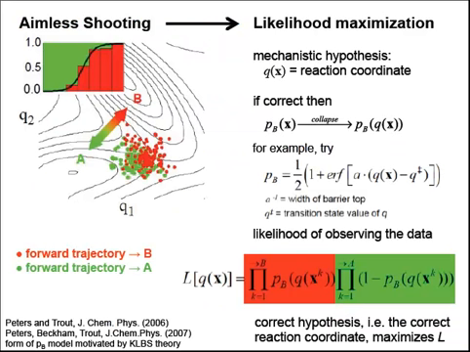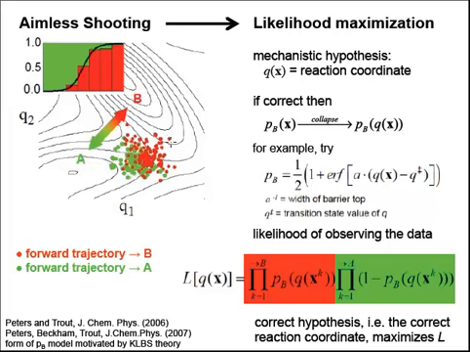So the machinery for doing this is this aimless shooting data combined with likelihood maximization. Now, what I didn't really show is how aimless shooting works, but there's one key property that's really quite important. That is that it generates the shooting points in the vicinity of the natural bottleneck for the process of interest. Okay, so what I'm showing here are not the trajectories. In previous versions of transition path sampling, people were very focused on the trajectories themselves, but actually the mechanistic information is in the shooting points and their outcomes.